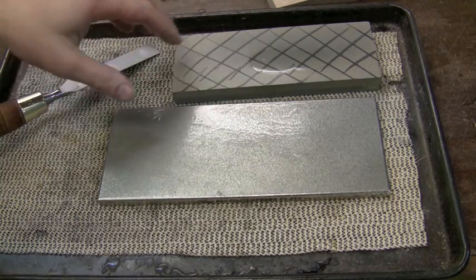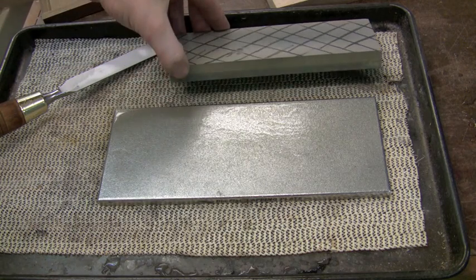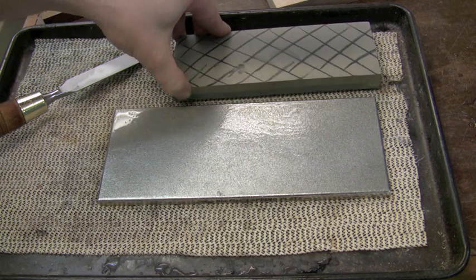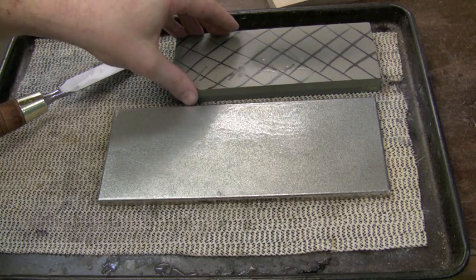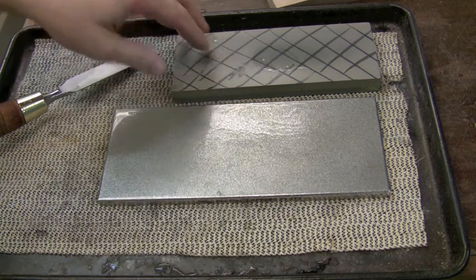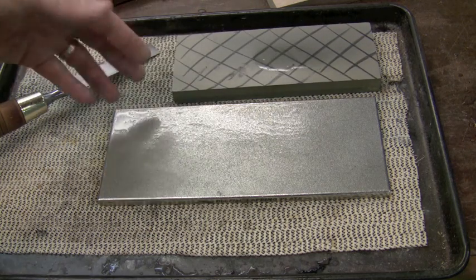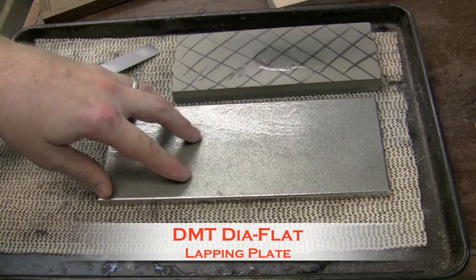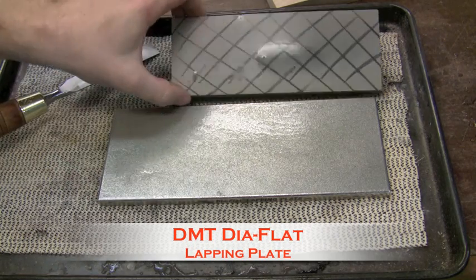And so we have to go through and make sure that this is constantly flat. These Norton waterstones especially wear very quickly, which is why they cut quickly, but the stones will go out of flat very quickly. Every 30 seconds or 1 minute that I'm working on this chisel, this stone is getting out of flat. So to flatten it, I've got a DMT Dia-Flat plate here, and I will make a crosshatch pattern